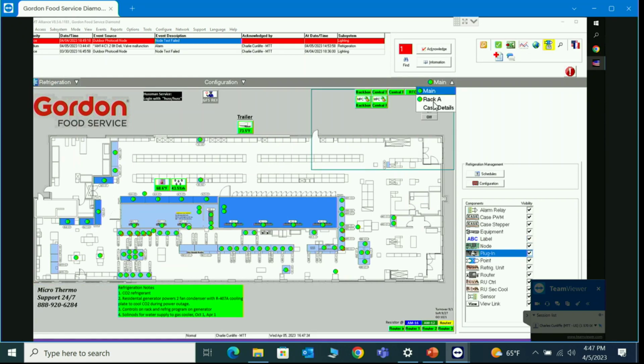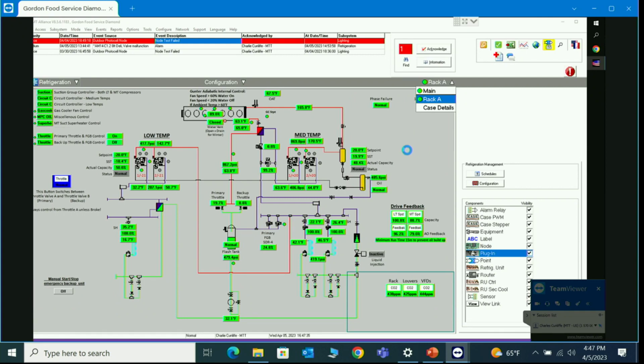And let me go to rack A. Now you may have to squint a little bit, but this is an LMP CO2 rack here. So here's the gas cooler. Look at my cursor. The fans are running at 88%. I'm not using the water right now, so the valve is closed. The set point for the outlet is 65, and my actual temperature right now is 62.9 coming out of the